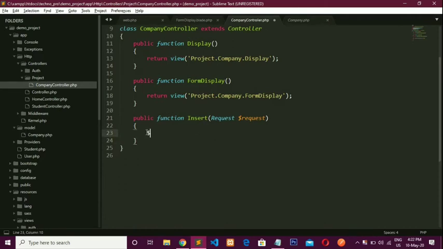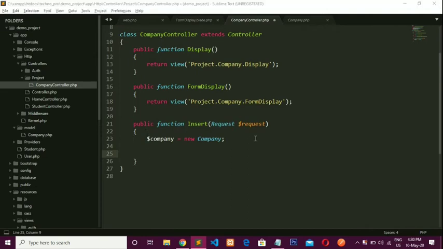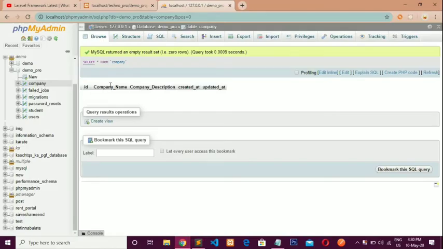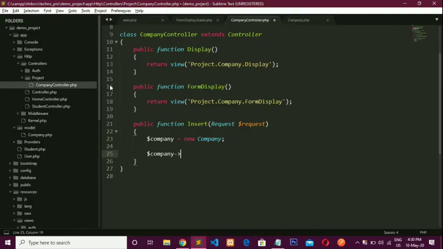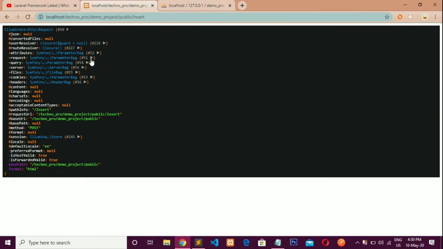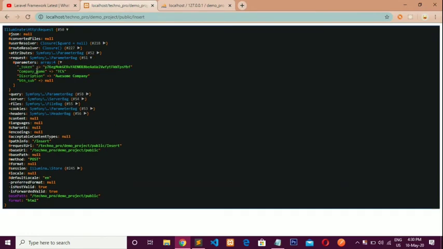So first create a new object of our company model. The object name is $company, new company. Now second, $company and its name is company name, value $request, and its name is also company name.